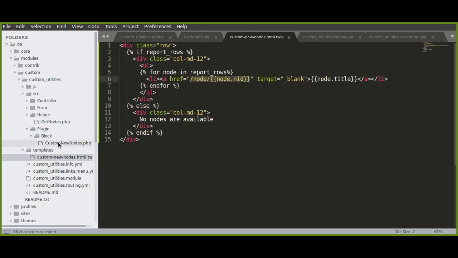So bundled together, we wired up the helper file, block file and templates with the module theme. We give it to the Drupal core. Once we have done those things, it will come to the Drupal core block layout.